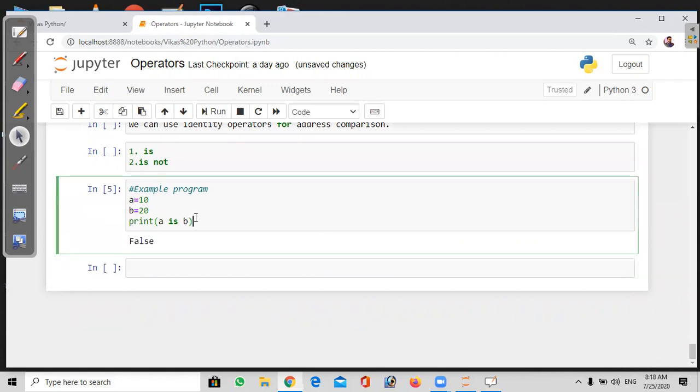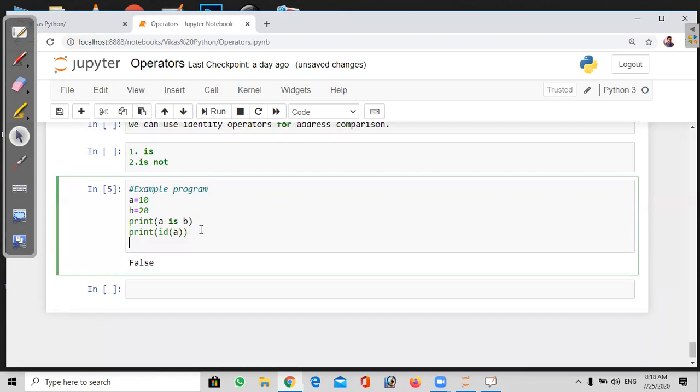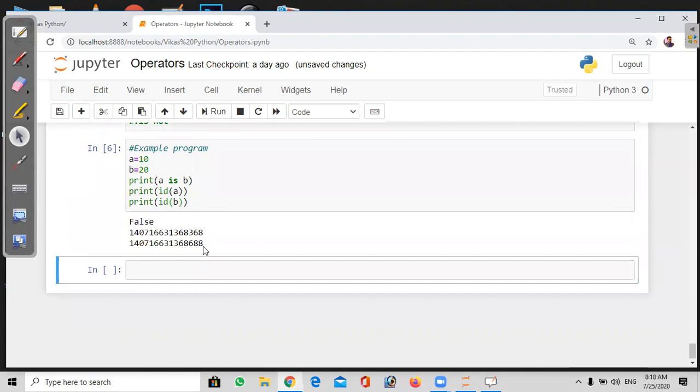Now we'll check the addresses of a and b. To find the address of a variable we have the id function, which is used to print the address of that variable. Print id of a, print id of b. If I run these two, we can check the addresses. Both addresses are not the same: comparing the last three digits, 368 and 688 are not the same.